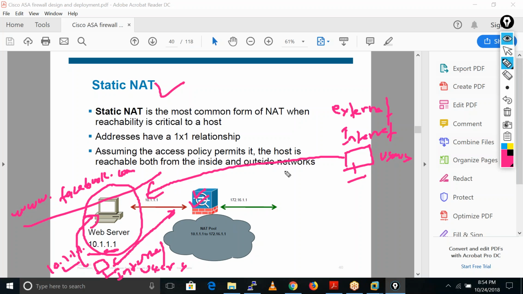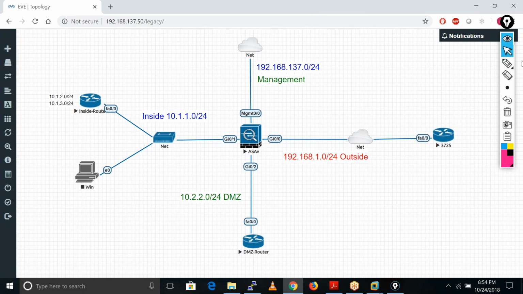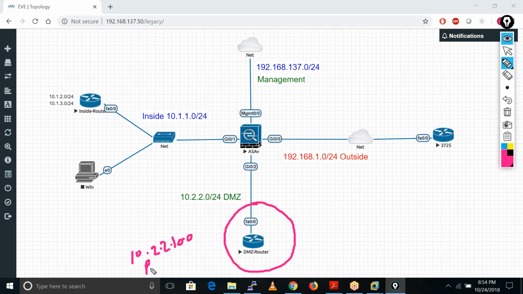So how does it do the translation? I'll just go to this web page here. Let's suppose this is my DMZ server, having the IP address 10.2.2.100, which is a private IP address.